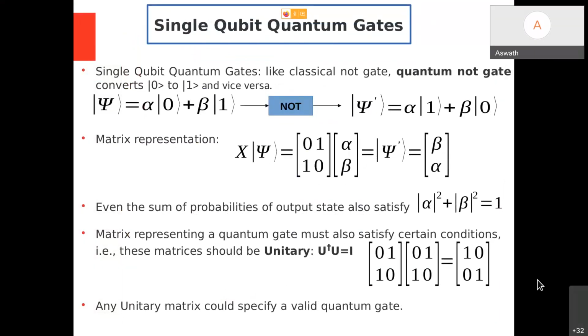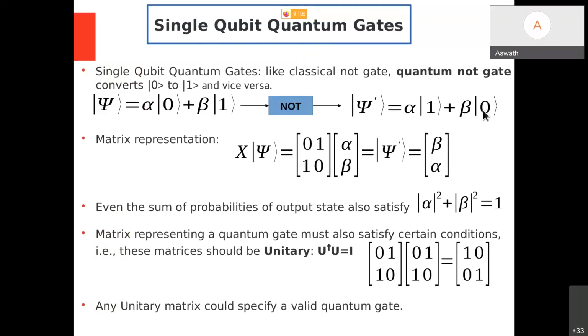Okay, so the operations between the quantum states. Obviously, if I take a bit and do some operations on it, it has to change to some other form. So even the quantum state should make some kind of change from one form to another. So a given atom being in this quantum state should change to some other form. Okay, so what is the best operation which we know from classical computation?